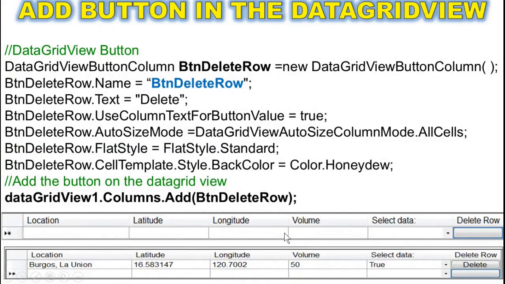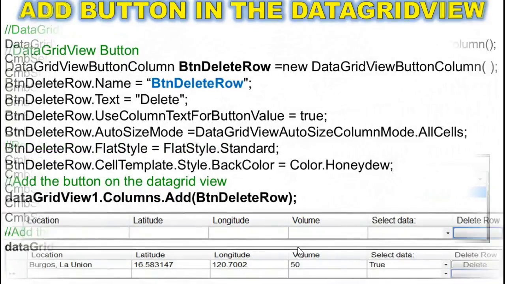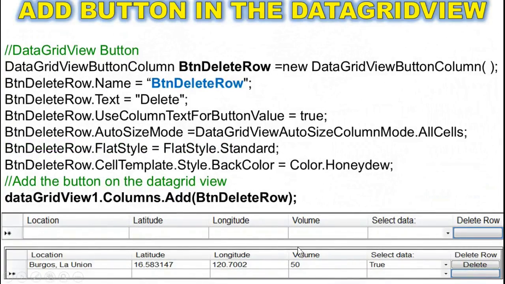Add button in the data grid view. We can also place a button command into the data grid view, and the following code will perform that adding of button in the data grid view. We instantiate an object using the class DataGridViewColumn, and then I name that object btnDeleteRow,